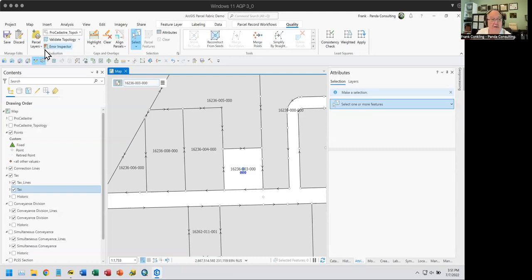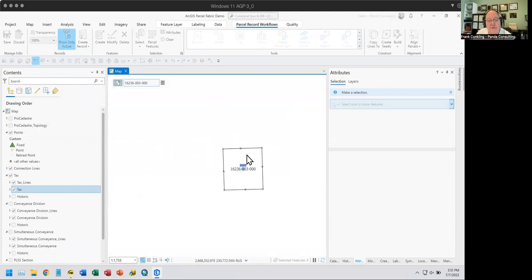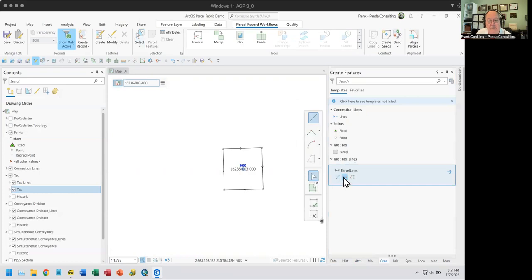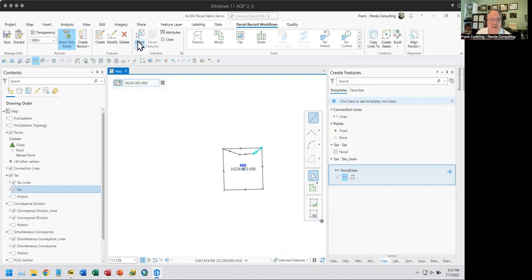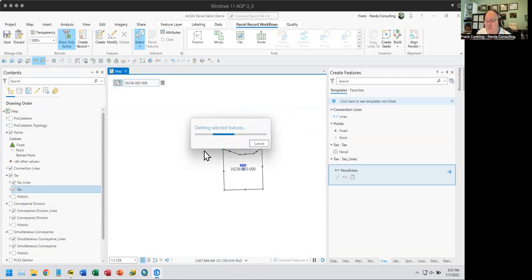I can now go in here and let's just show only my current record, only my active record here. So I can go in here and reconfigure this parcel. I can take new lines in here and say, okay, this line is actually supposed to be like this. I could say, well, that line is actually that one. That line is gone now. That needs to go. All right. So I can create a new